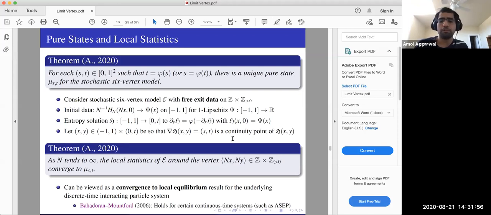Okay, so from the perspective of interacting particle systems, this can be viewed as a convergence to local equilibrium result. And again, for continuous time models, this is reasonably well developed. I've cited one work, although there are various, by Bahadoran and Mountford in 2006, who showed that the convergence to local equilibrium holds